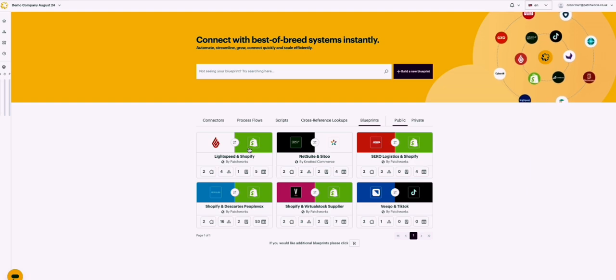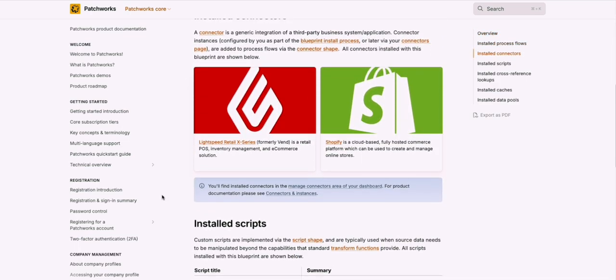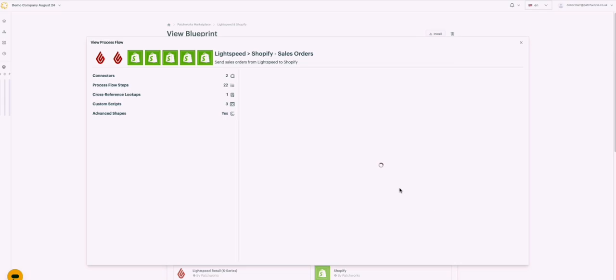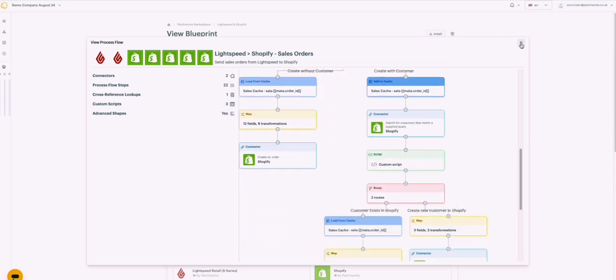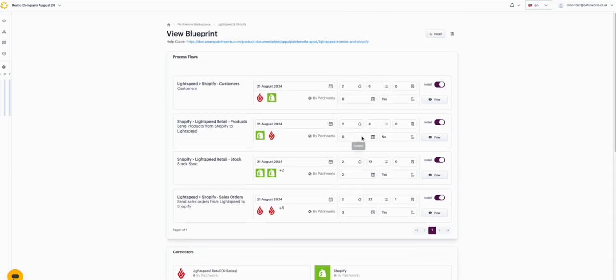So you click on that, we have documentation on each of our blueprints in our Git books. It's a setup guide, a step-by-step guide. You can find them here. And each blueprint comes with a number of different process flows, all pre-packaged, ready to go. So you put in your credentials here for your instances and click install, and that'll bring it down into your